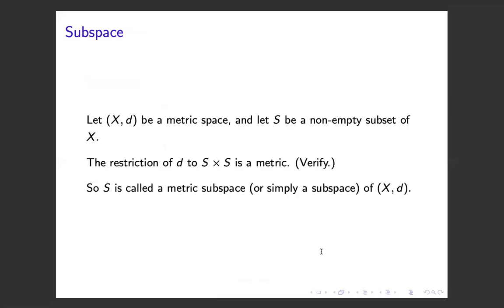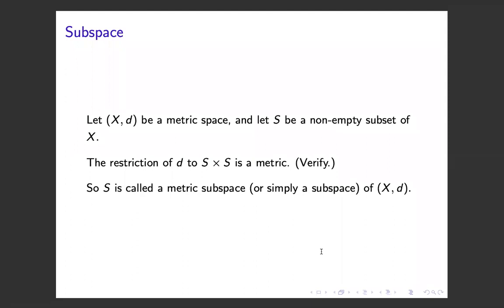A subspace. So if x is a metric space and S happens to be a non-empty subset, like for example you have the real line and the unit interval. The unit interval is a non-empty set, and you restrict that function. So in that case, S cross S becomes a subset of x cross x. So you restrict this function d to S cross S, and confined to S cross S, you can easily verify